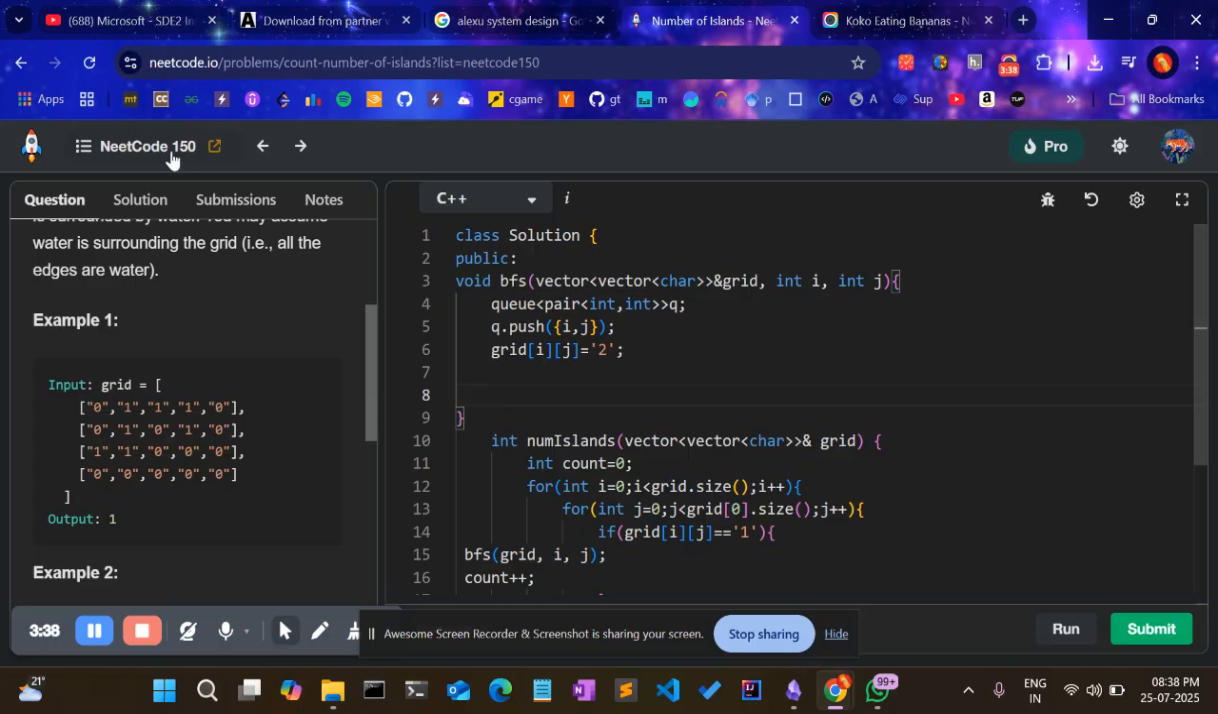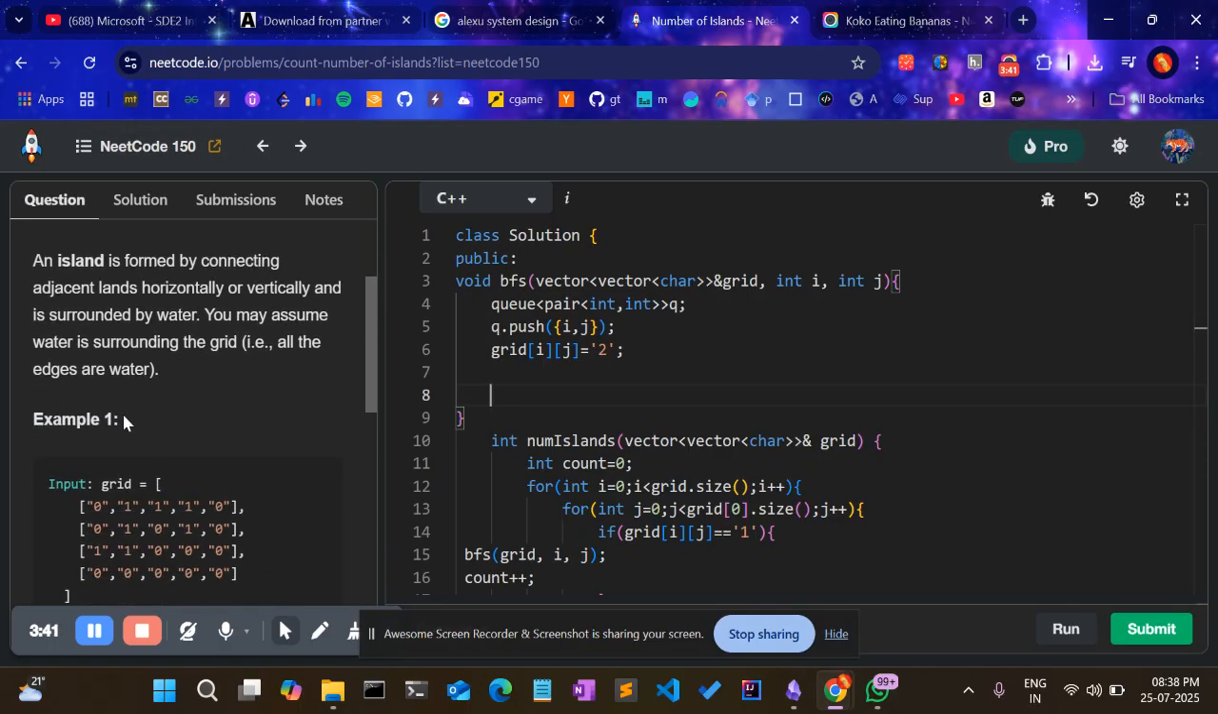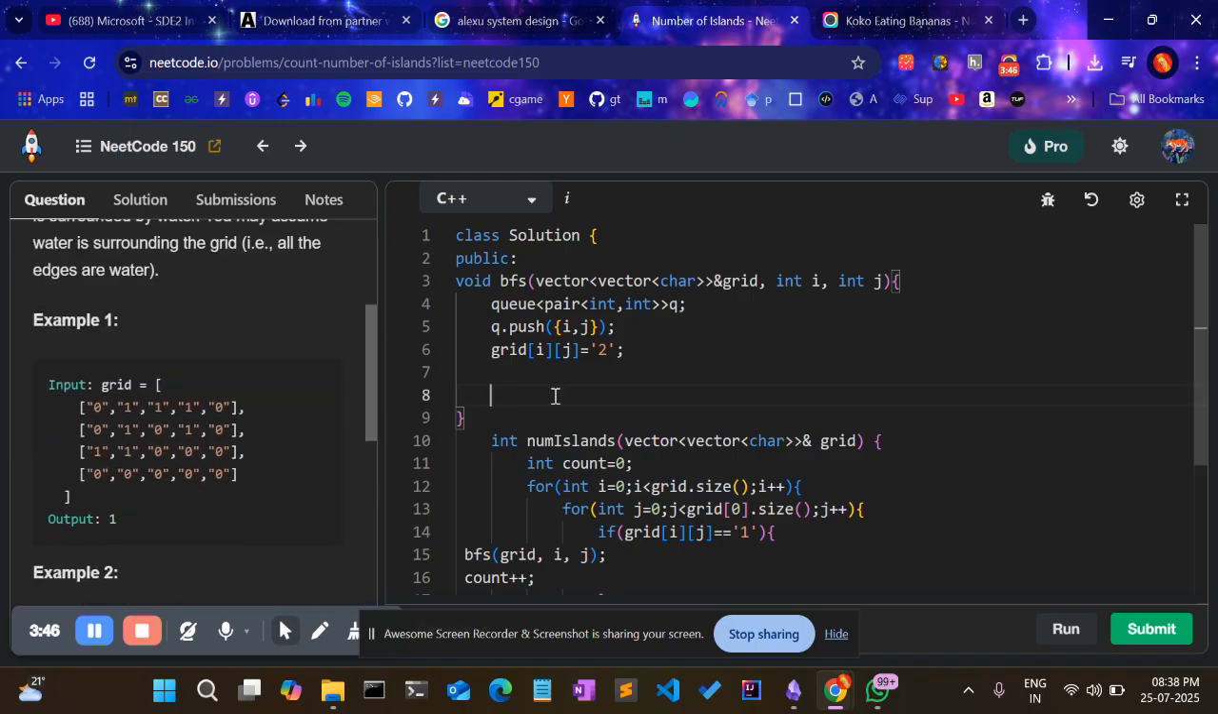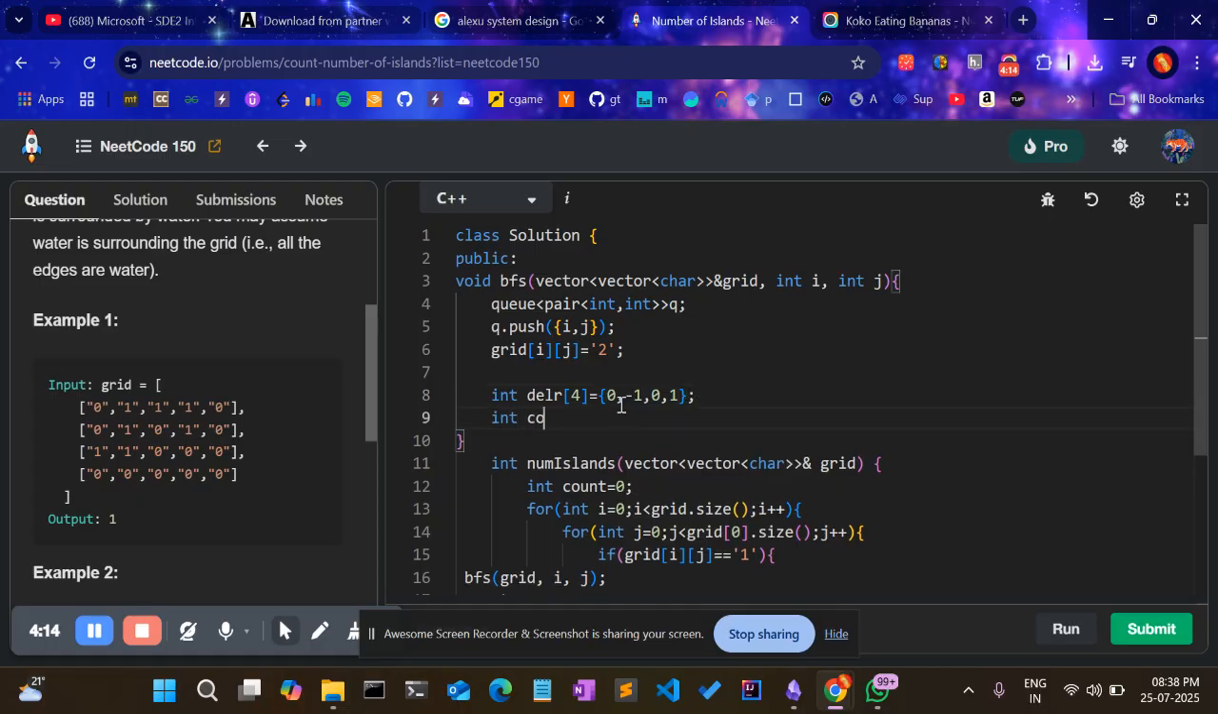Now, since this is talking about 4 directional connectivity, in that case, we would be needing a temporary array in order to store the directional changes. Now, this is the delta for the row, and assuming left, up, right, and down, we can formulate our temporary arrays. Similarly, for the column,